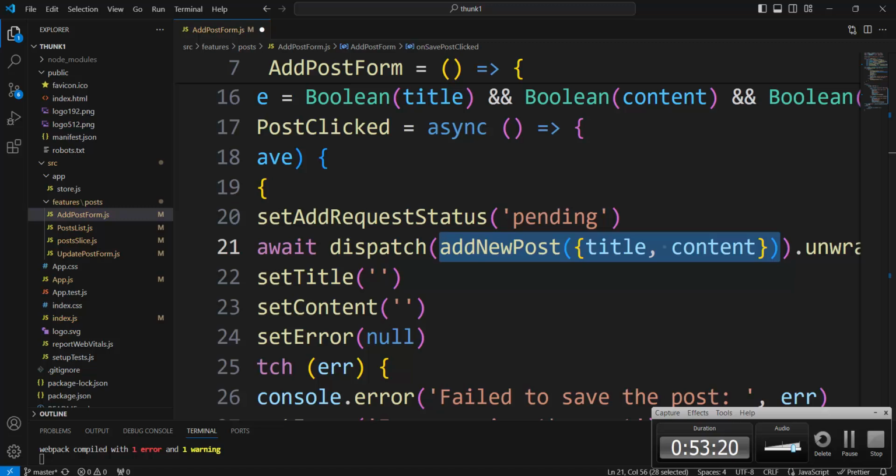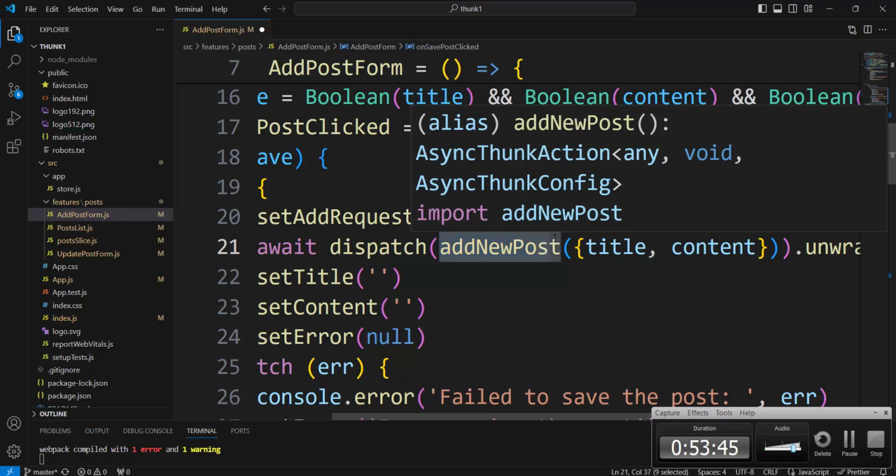But when add new post is a Thunk, it must create two action creators, and every time there is its own dispatch, we don't need this dispatch. There is its own dispatch. And you ask, okay, we call add new post like Thunk and create an asynchronous Thunk function